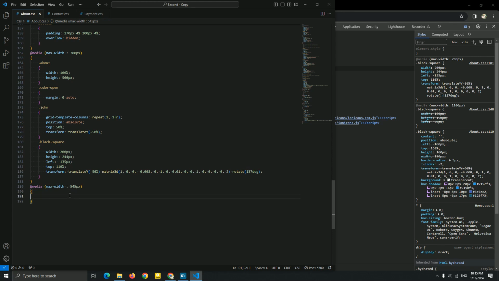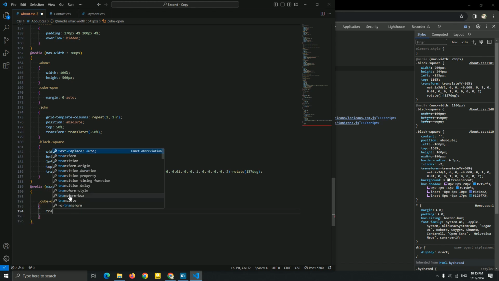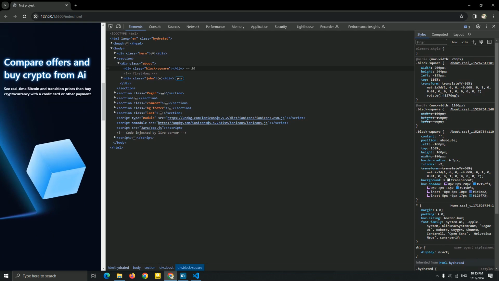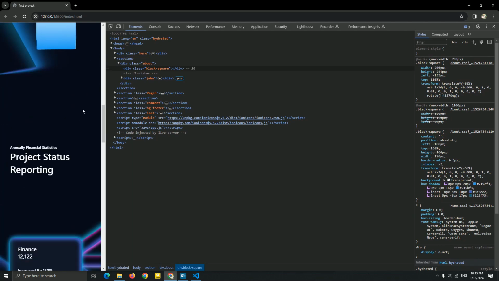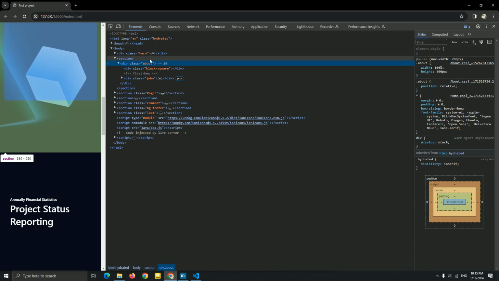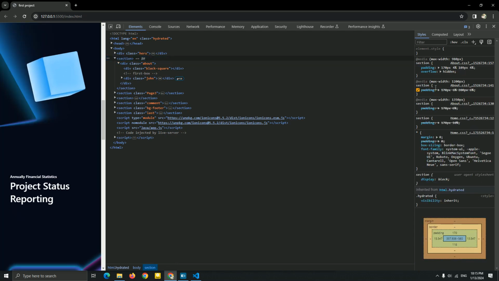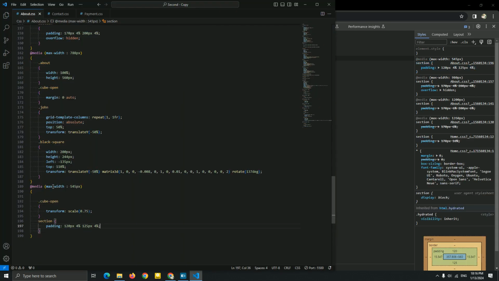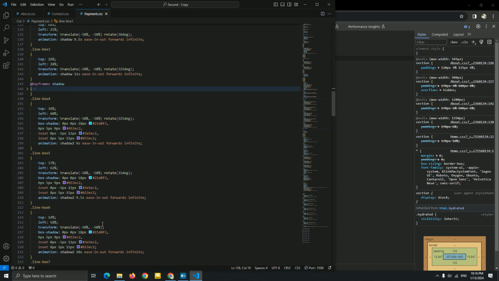So the next media, I'm gonna just add a cubic open to just resize it with a scale transform, scale 0.75. Okay, yeah, this is our about page, which is not bad, I think. But let me see, we have too much, so I'm just gonna add, okay, this is our about media, as you can see. Let's go to the payment, and last one is the contact.